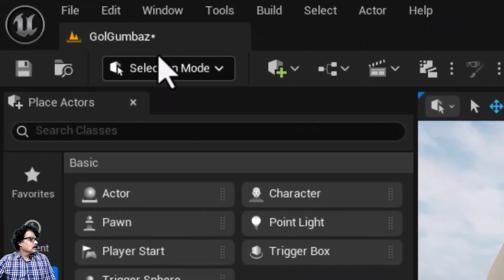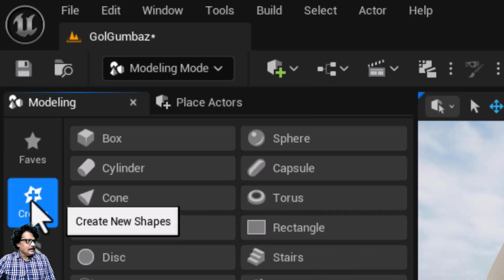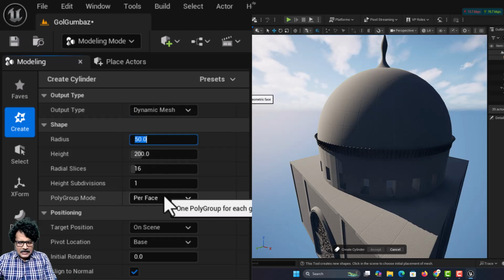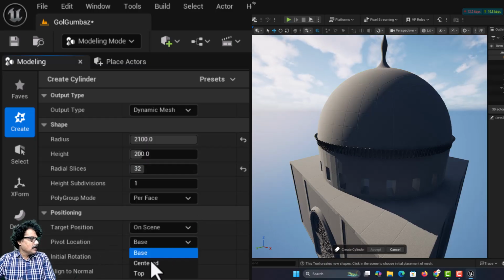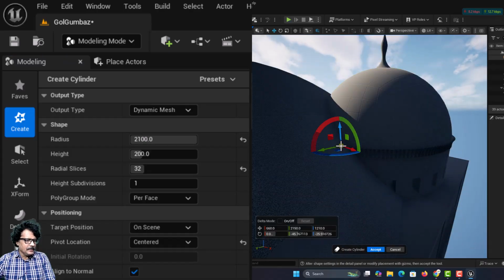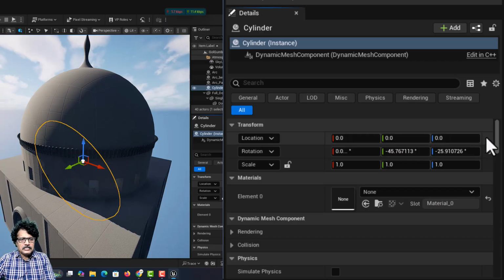I will now come here into the modeling mode, and in create I will come into cylinder, and in the output type I will change it to dynamic mesh, and I will set its radius to around 2100, and I am going to set its slicing to 32, and then in pivot location I will choose centered, and then I am going to now click somewhere here, click accept, and then come here and reset the location